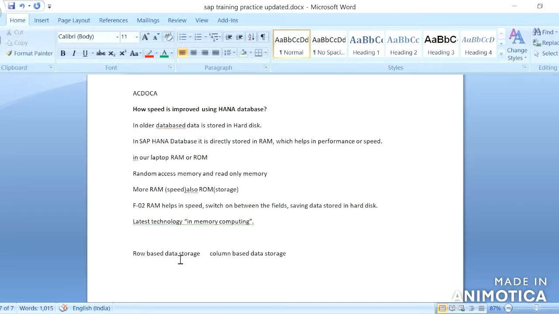We know that in earlier versions of ECC like R2, R3 and SAP ERP, the number of fields and number of tables keep on increasing from system to system, from R2 to R3 to ERP.